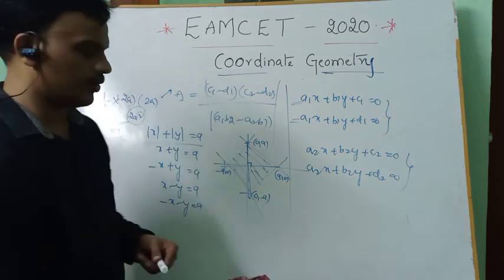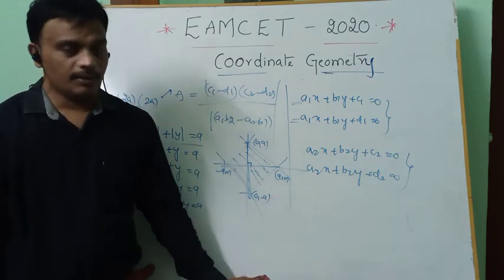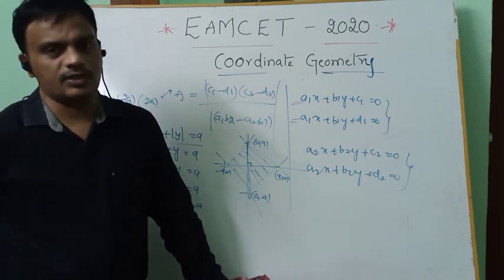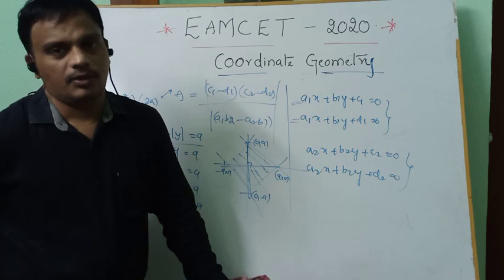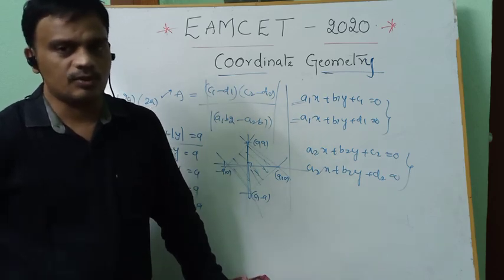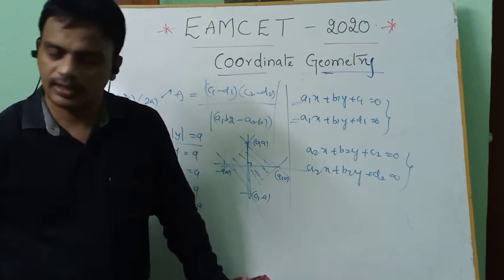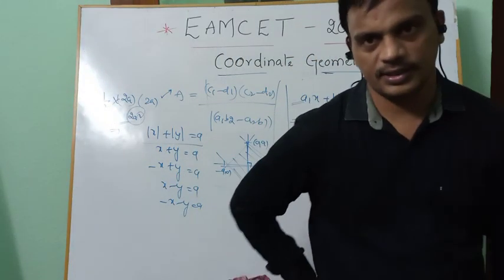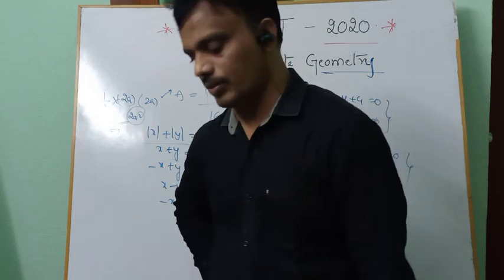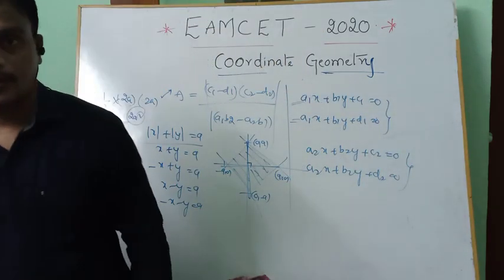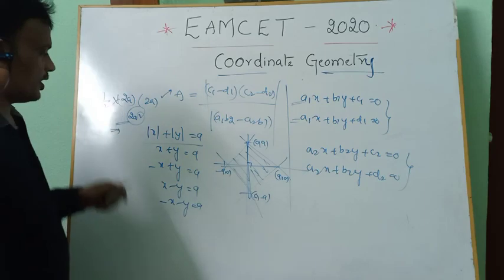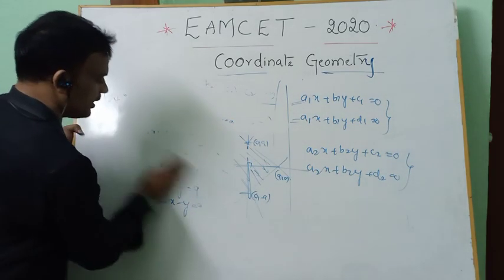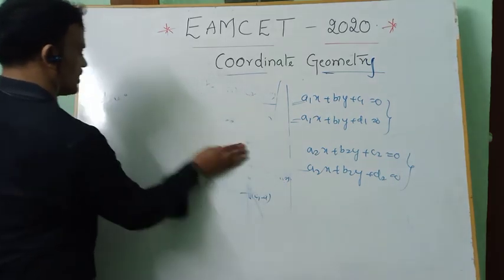Coming to the pair of lines, I already explained that one. Please focus on the fundamental concepts, starting from the theorems. Angle between the pair of lines: cos theta equals modulus of a plus b by square root of a minus b whole square plus 4h square. And the product of the perpendiculars drawn to the pair of lines from the point P alpha beta. Next, after that, the area of the triangle formed by the pair of lines with the line ax plus by plus c, or x plus my plus n equals 0.